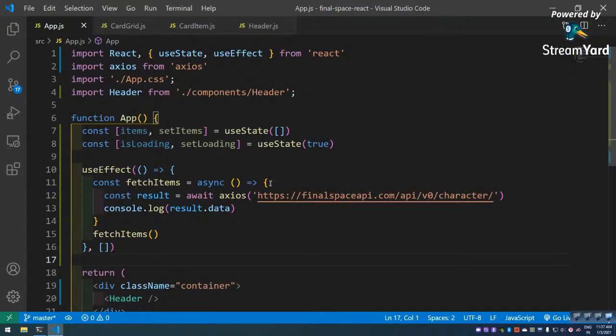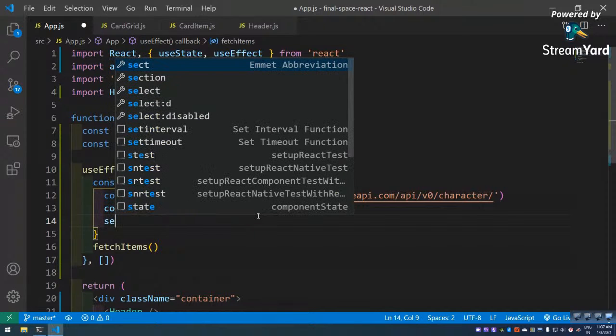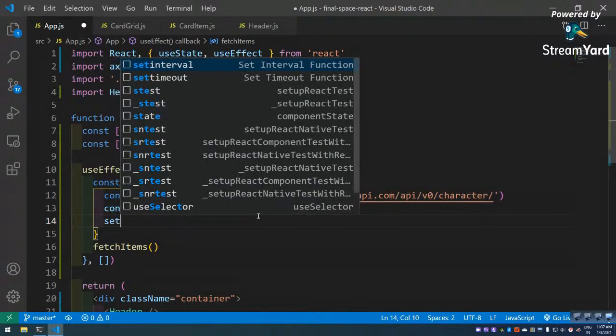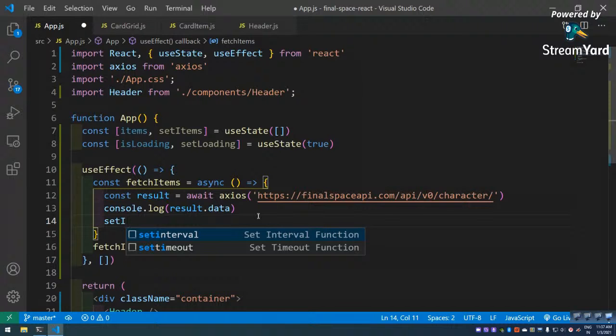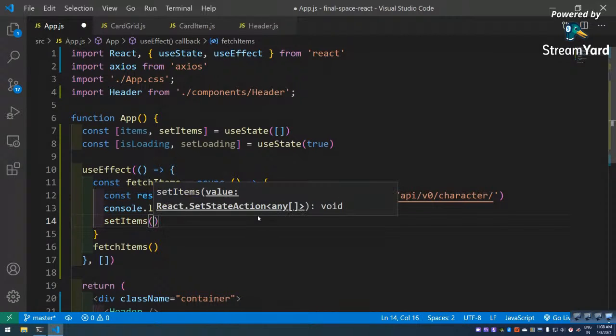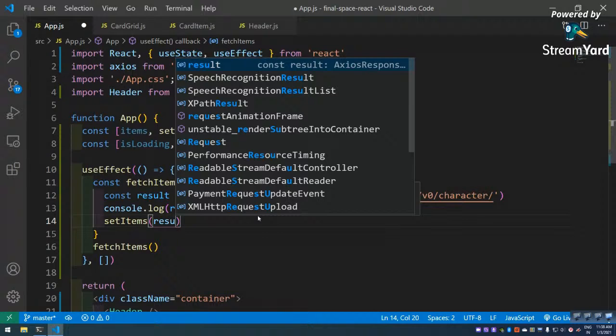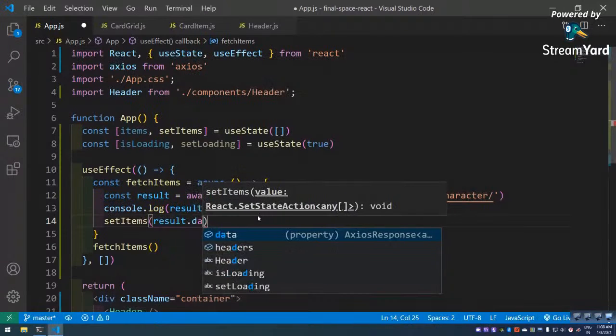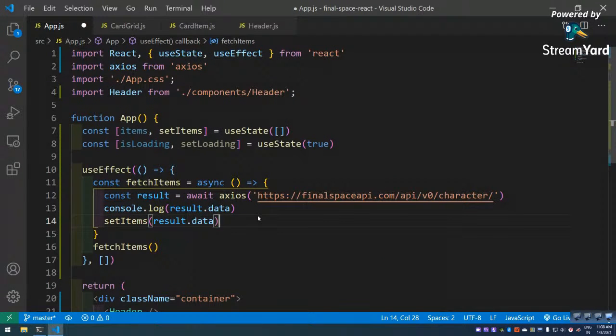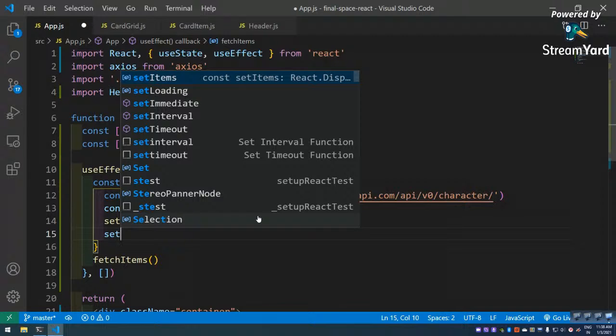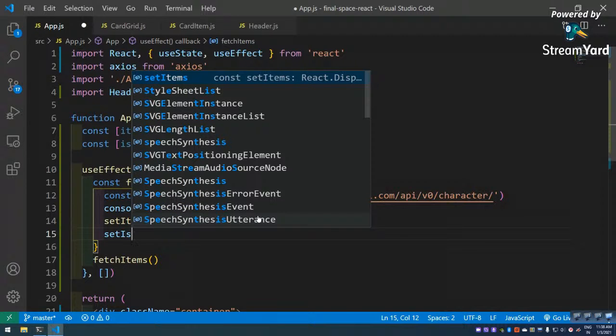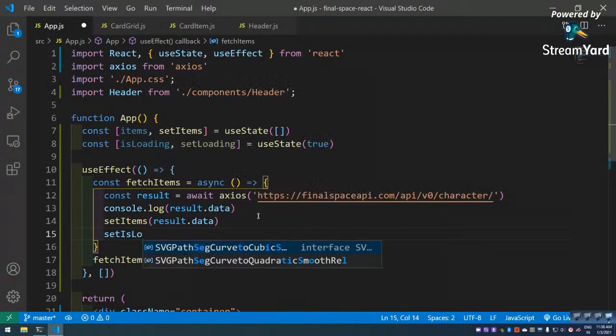The first thing we are going to do is here, after we get all the things, setItems. We're just going to pass result.data, because it's an array of objects, result.data. Okay, and set